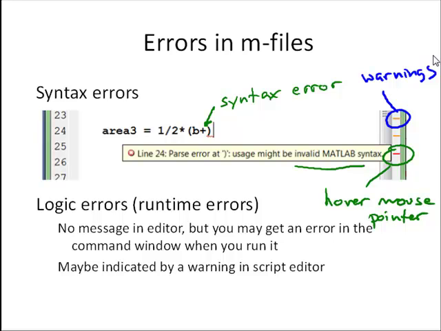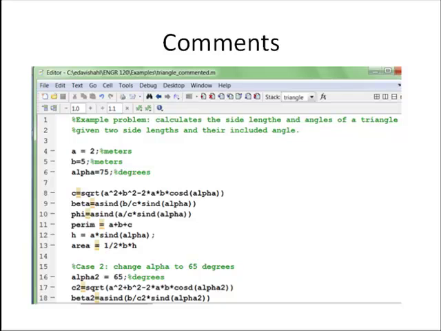So when we're writing M-files, it gives us more opportunity to use comments to explain our problem solving. So here's that same triangle calculation, and what I've done is gone in and added some comments to explain what's going on, and also added a few semicolons to suppress output on intermediate calculations. So the first comment up here we call the help comments, and I'll talk more about that in a minute, but basically we want those first comments to explain basically what the script is doing, and